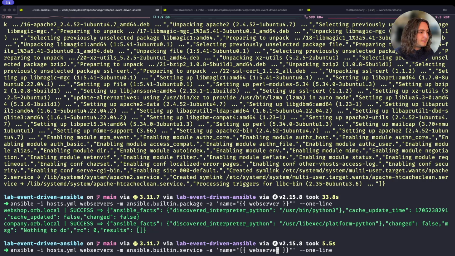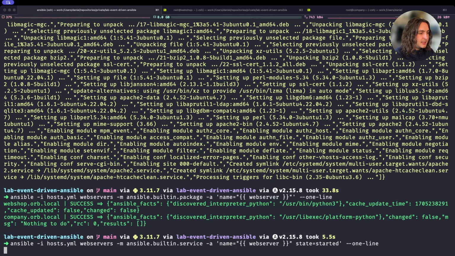And once again, I'm passing the name of our service, which is the same name as our packages or web service we just installed. And I pass an additional argument, which declares to Ansible that we want our web service to actually be in a running state, to be started. If I issue this,